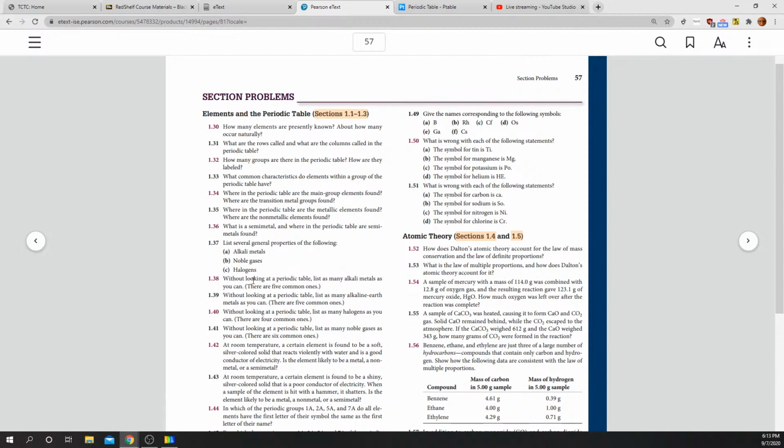That was 36. 38. Without looking at the periodic table, list as many alkali metals as you can. Well, that's easy for me, but, you guys, fortunately, you had to memorize them, so there's that. You should have already, not necessarily memorized them, but be able to put name to symbol, symbol to name. That's not quite the same thing, but lithium, sodium, potassium, rubidium, cesium, and francium are the alkali metals. And just FYI,